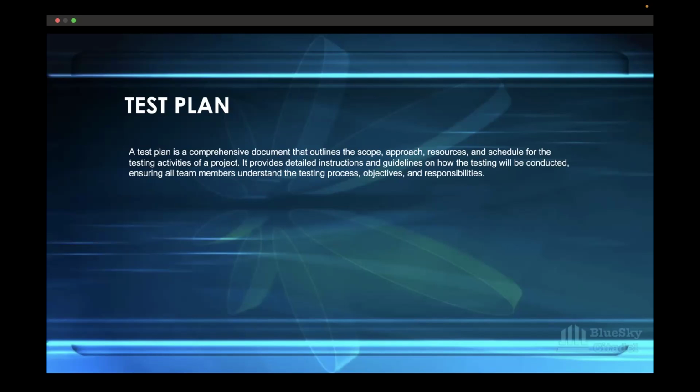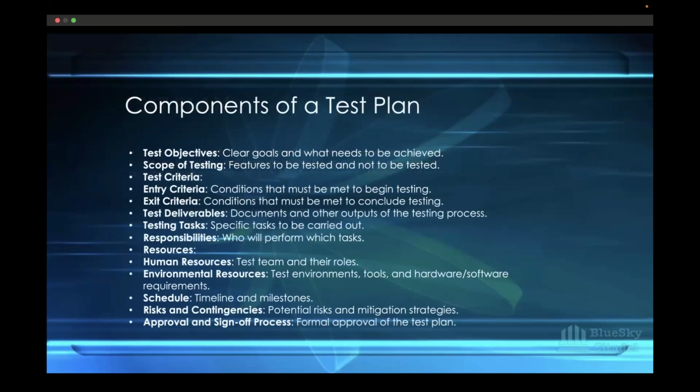It's like a weapon. You need to have it on you all the time, just like you have your laptop on you all the time. When they wake you up in the morning, saying, oh, hey, can you document your test plan quickly? You can just do it, because it's a very vital document that is needed for testing. So what are some of the components of a test plan?